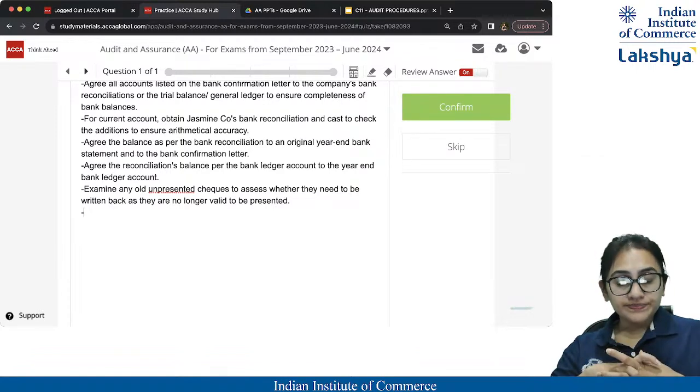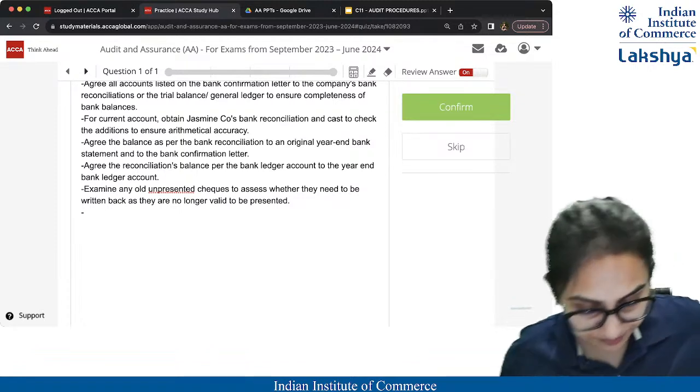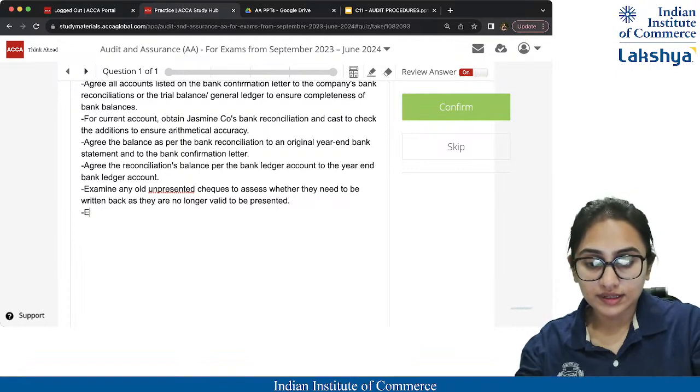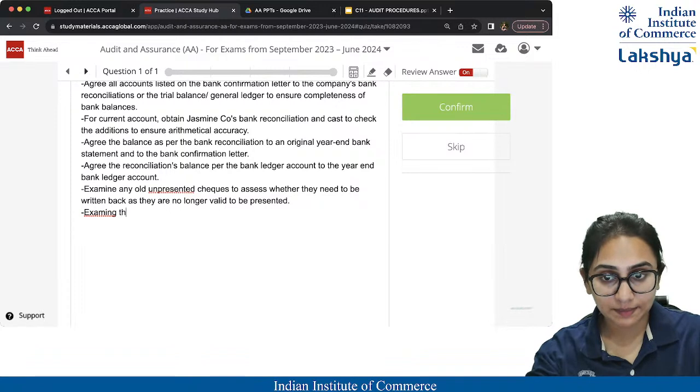When you take a loan or when you take an outstanding balance, you keep some security with the bank, like maybe some property or maybe some gold. So that also needs to be written down, and that details you will get in the bank confirmation letter. So examine the bank confirmation letter for details